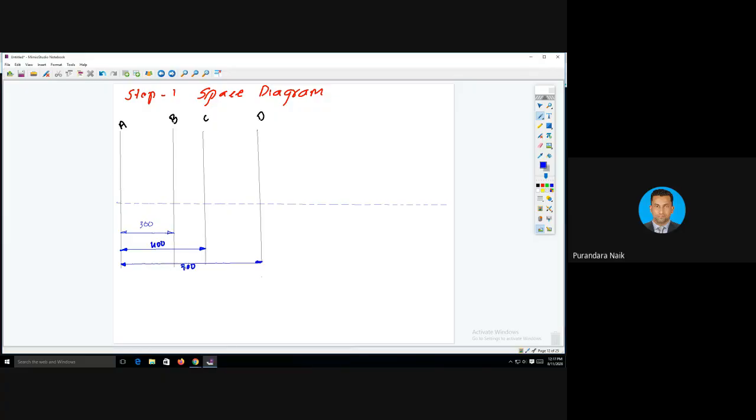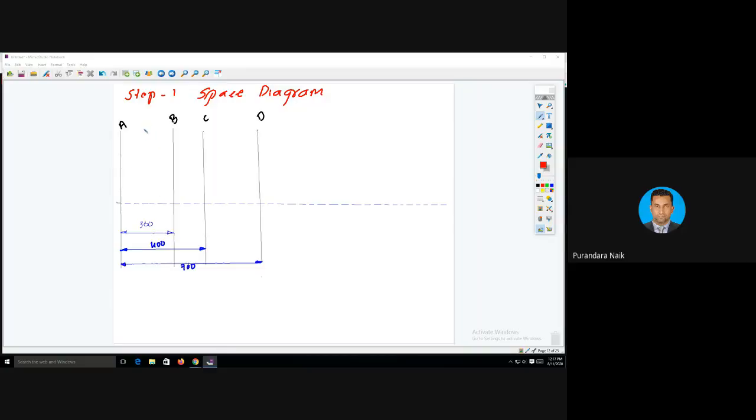After this, we have two more planes, X and Y. X is placed 100 millimeter away from A. The distance between A to X is 100 millimeter. So we need to take 100 millimeter from A. No need to take actual scale. You can take any scale, but it should be as per the given data. So let us draw an X, because A to B is 300 millimeter and A to X is 100 millimeter, so it will lie in between A to B.